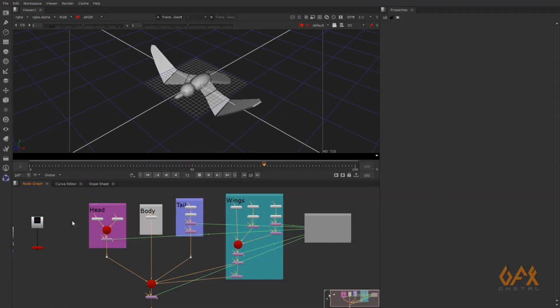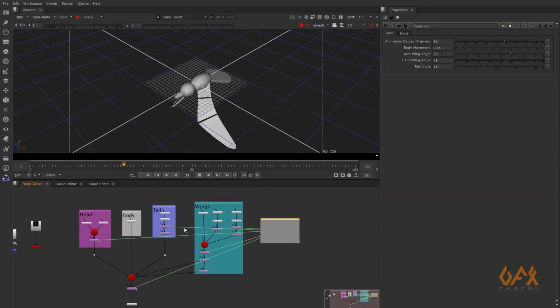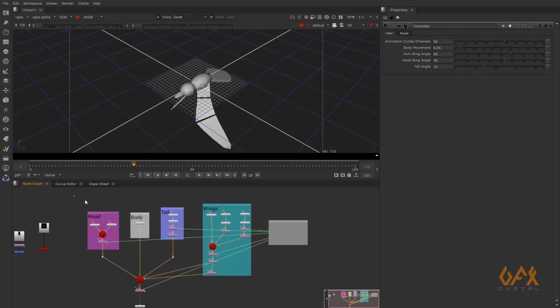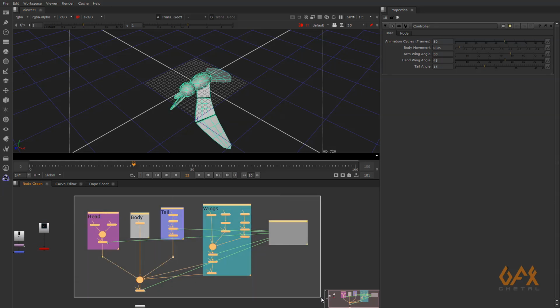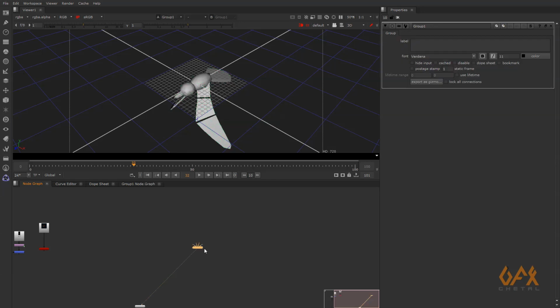So this is the result of the last part where I modeled the bird, animated that bird, and created some controllers over here to control that bird. Now I prefer that we convert this workflow or this pipeline into a gizmo. So to create a gizmo, first of all I select all these nodes and press Ctrl G to convert this pipeline into a group. So this is my group.